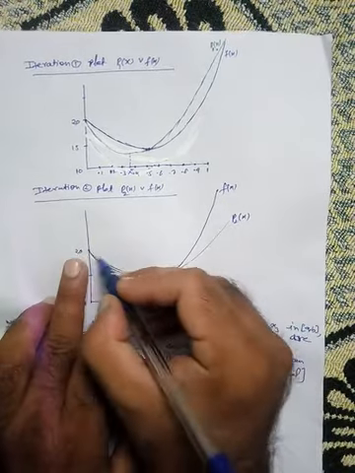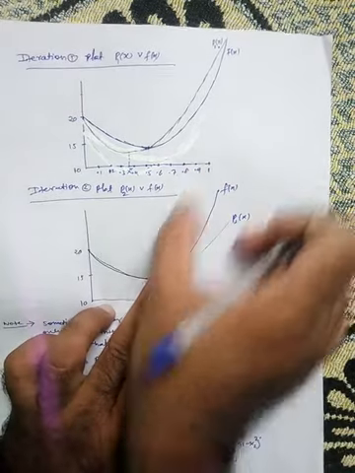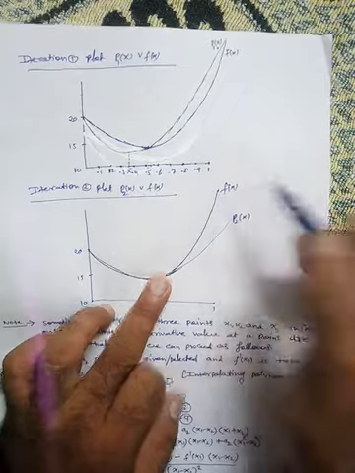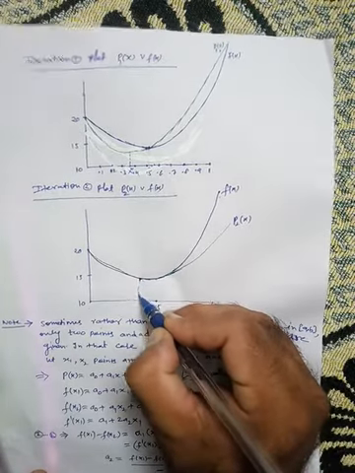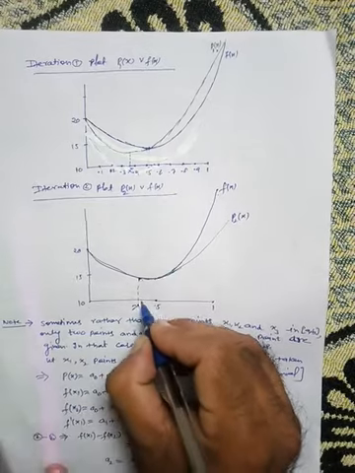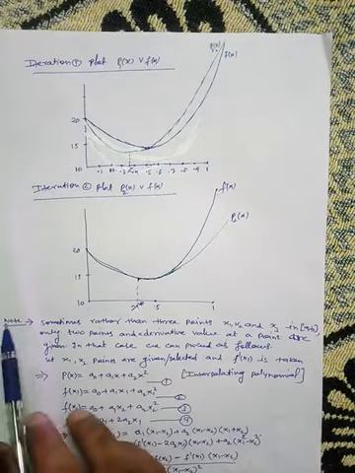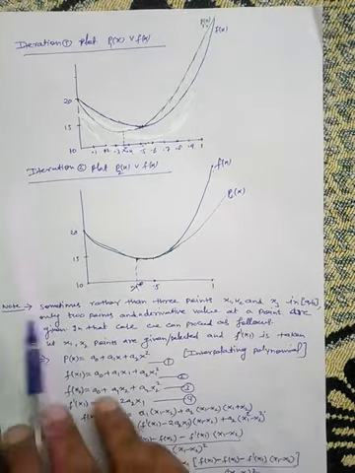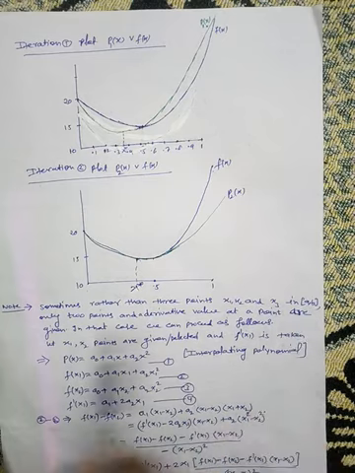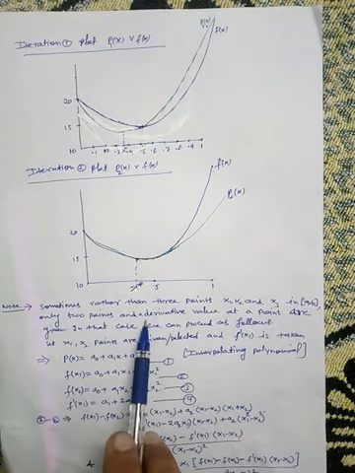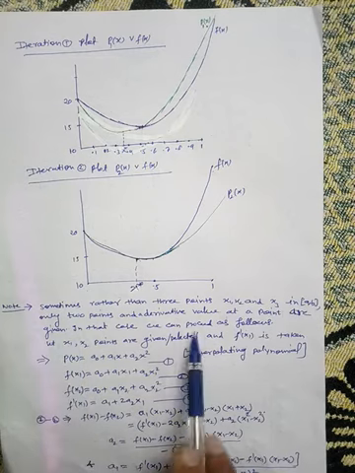Here they are almost the same up to this point, and then there is a slight difference. This is the p2x and this is f of x, and here is the solution, x star. Okay, now there is one more note. Sometimes rather than 3 points x1, x2, x3 in AB, only 2 points and a derivative value at a point are given. In that case we can proceed as follows.